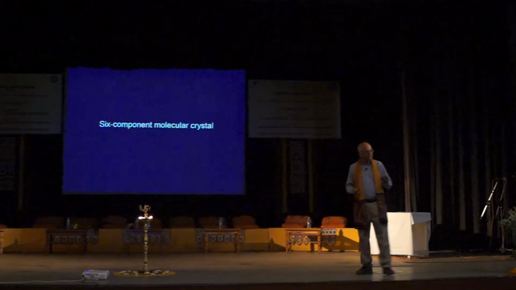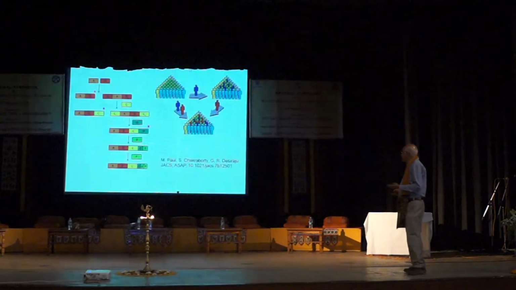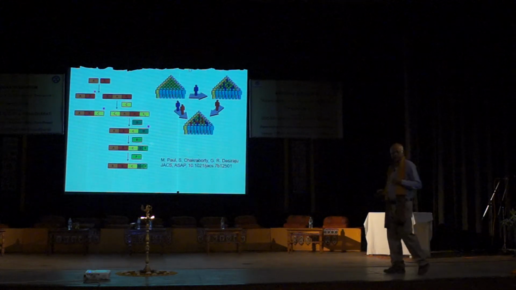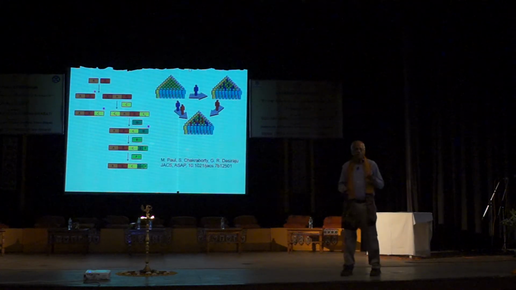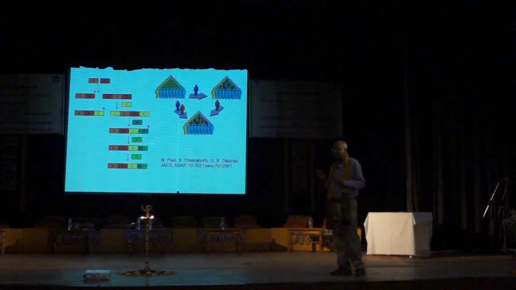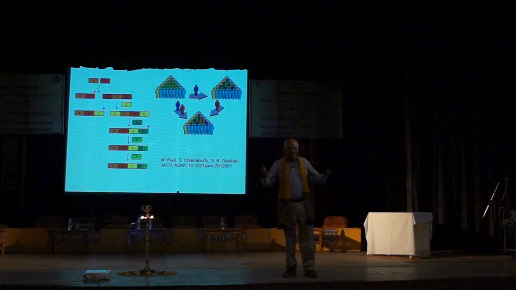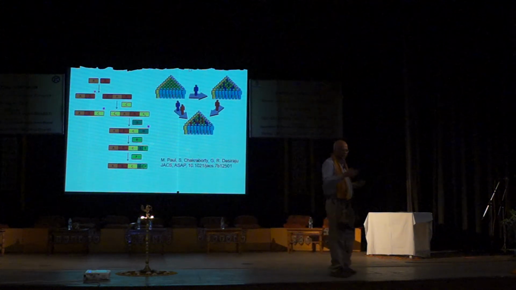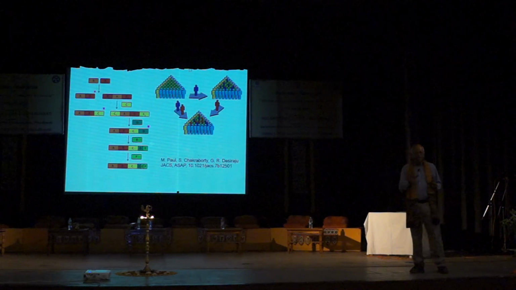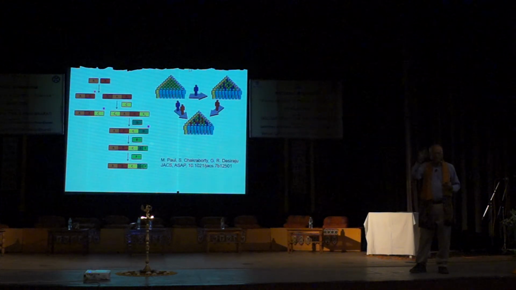Very recently, I think some of you have seen our paper in JSES, where we have published a number of compounds which have 6 components in the same crystal. How we got to the 6, I really need a whole hour to tell you the logic of how we went from 3 to 4, and 5 and 6 are essentially the same story. So from 4 you can go to either 5 or 6.